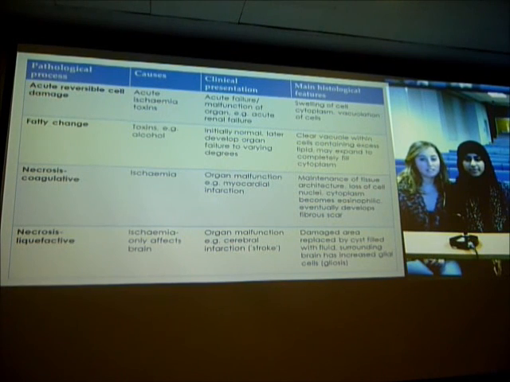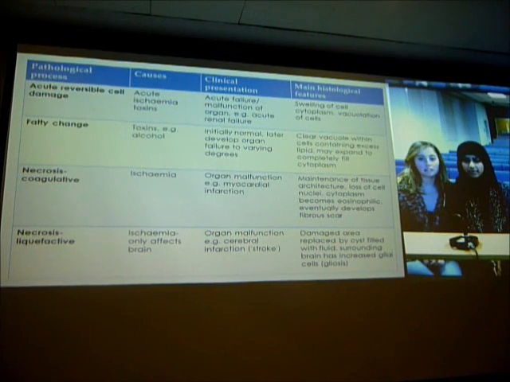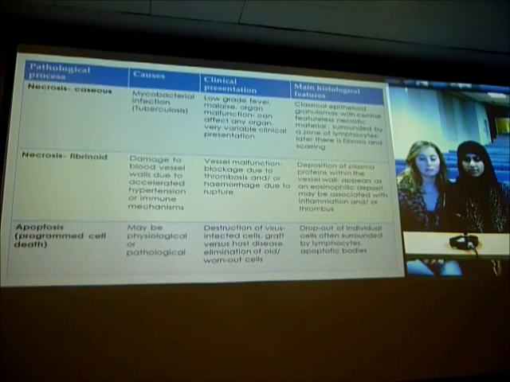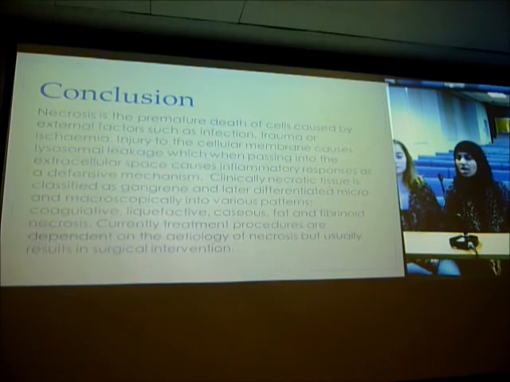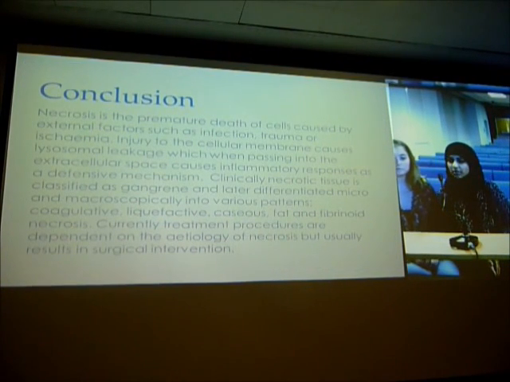To summarize, necrosis is the premature cell death by external factors. Injury causes lysosomal leakage leading to inflammatory responses. Clinically, necrotic tissue is classified as gangrene and later differentiated macroscopically into various patterns as seen in the table. Currently, treatment procedures are dependent on the etiology of necrosis, but usually result in surgical